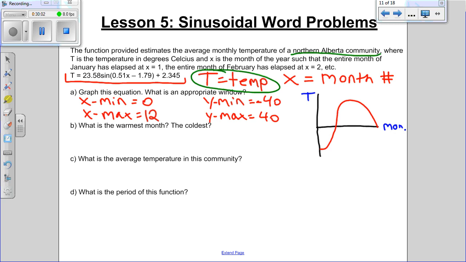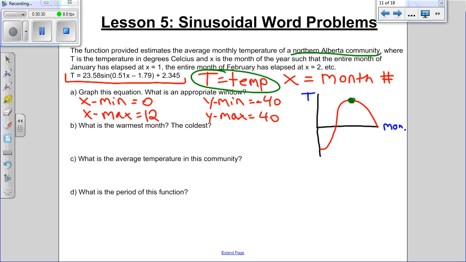In the question, there's a whole bunch in here. So it says, what is the warmest month? What about the coldest month? So if you wanted to figure out the warmest month, you want to figure out this point right here. That would be the maximum. So you would go second trace max. You would go just left of that point. You would go just right of that point. And you get an answer of